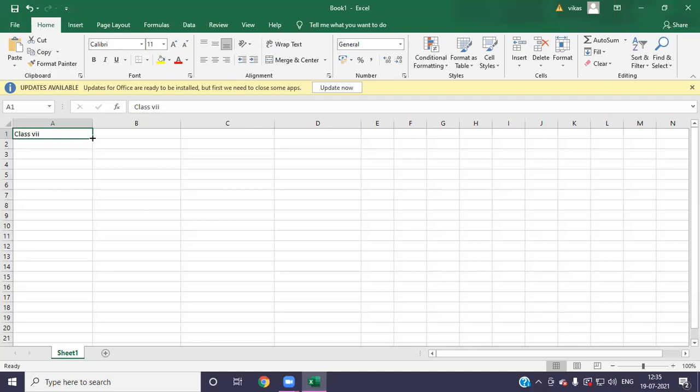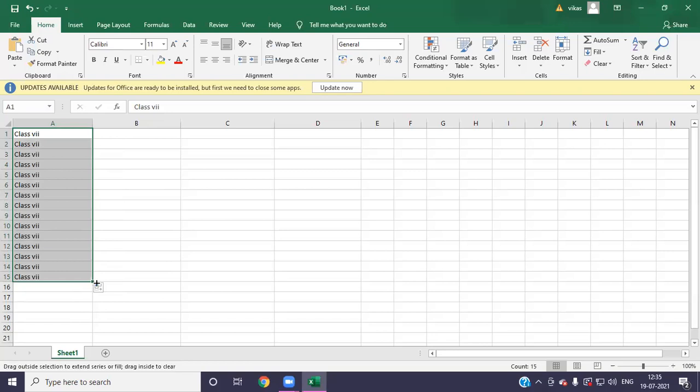As I bring my mouse pointer here, it will change into the plus sign. Then I will left click and hold it. Don't release the mouse button. Left click on that and hold the mouse button. If you want to copy down, then copy. Look here, it is copied. If you want it to copy into all of column F, then copy here.